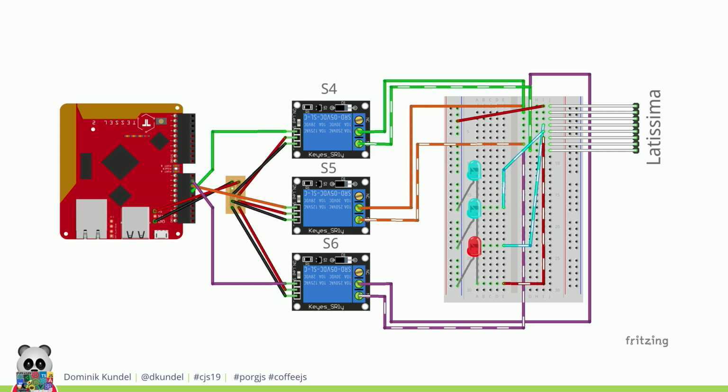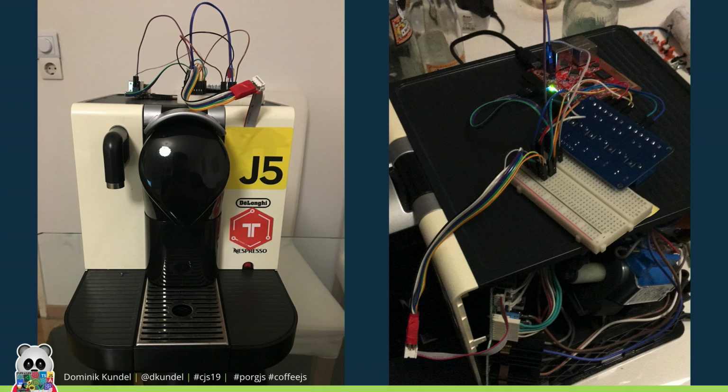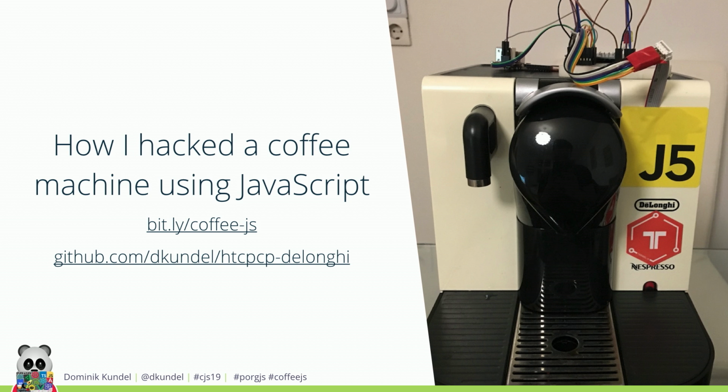So instead of using an Opto Coupler, we used these things called relays that can simulate button presses programmatically, and we just replaced the actual buttons with those. So that's how the wire up went, but essentially relays are these things that click. And so that's how you can use that. There's an entire write-up of how I approached this. That is way longer, so if you want to get into depth, because I've rushed through that, feel free to